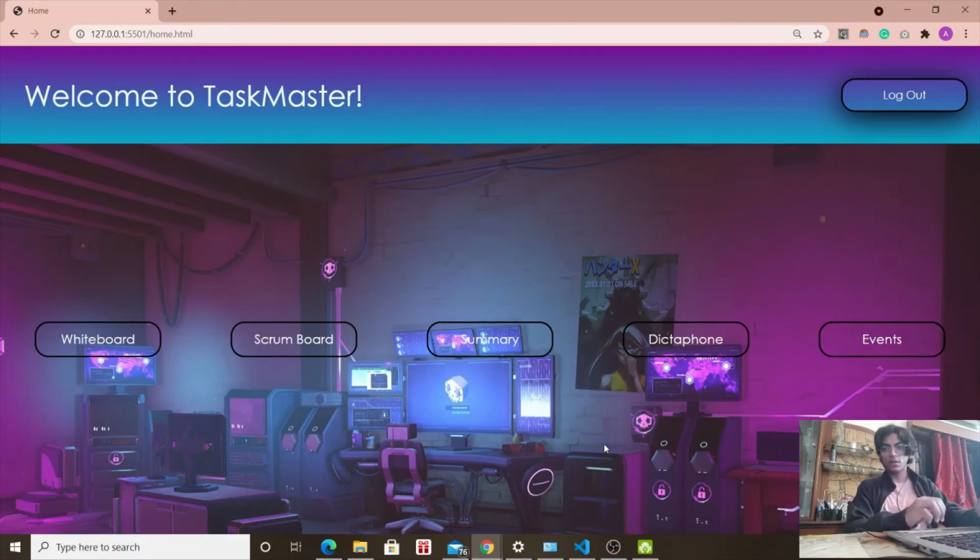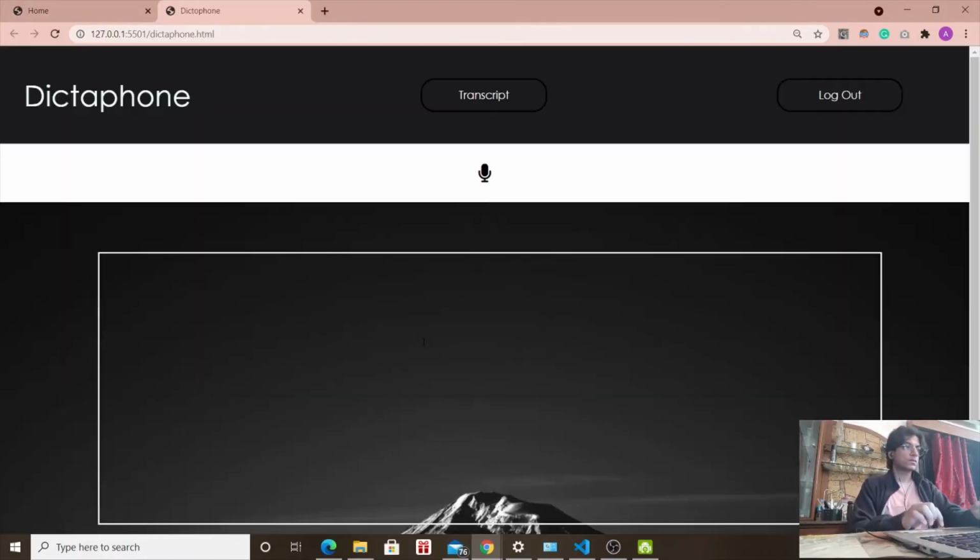Right, so the next feature that we would like to go to is the Dictaphone. Now, as you can see, there is a button here for recording your text. There is transcript. There is, of course, the logout button. Now you can use this text area to either type your text, or the modern way to do it is to record. Click the record button and say whatever you want to. For example,